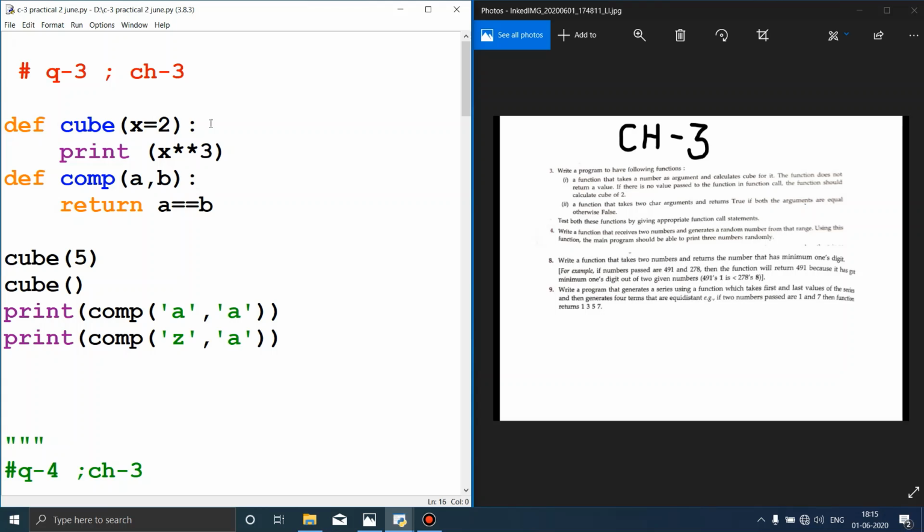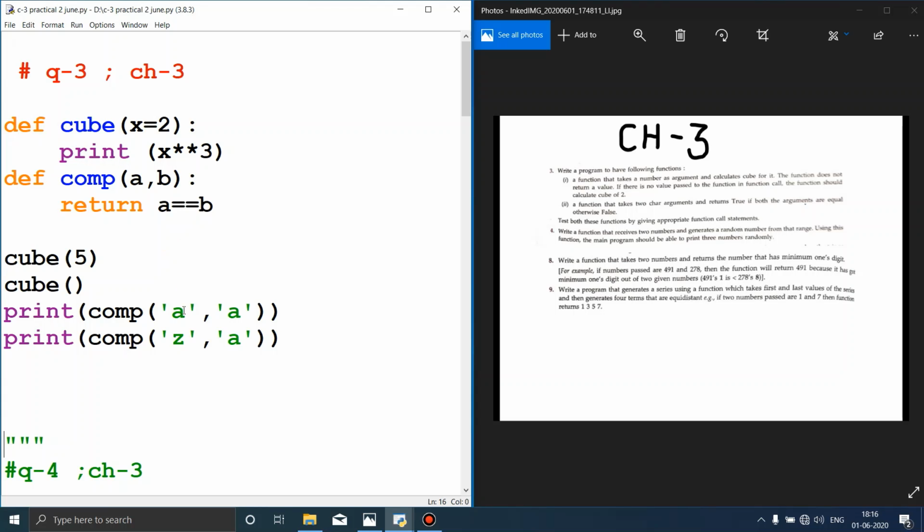Don't forget to add the colon at the end of the function definitions. Indentation is compulsory, otherwise they will not work. Please note that the keywords are in orange color and the variables are blue. The print statement, print is actually an inbuilt function, comes in purple color.